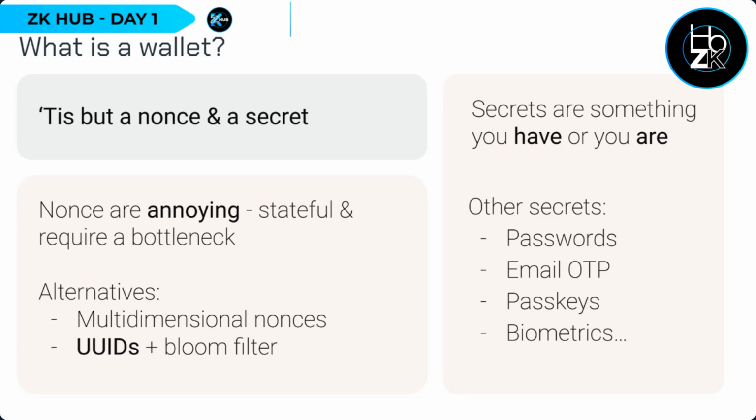And nonces are very annoying because they're like planetary-scale global state, you have immediate parallelization problems. Solutions here involve leveraging more state, and you can only do that if you don't have the state on chain, such as multidimensional nonces, or using UIDs for each transaction and Bloom filters to check they've already been used. And you can do that if you do the first thing.